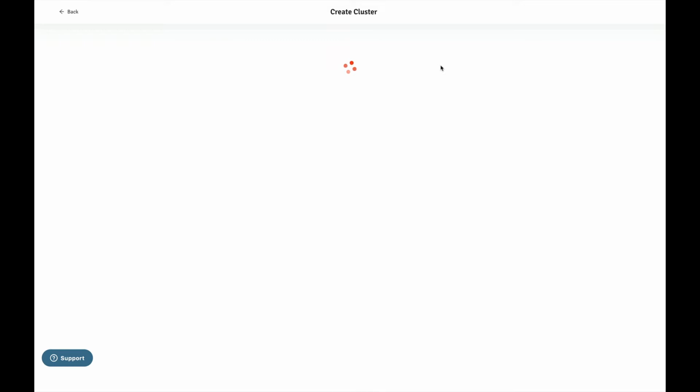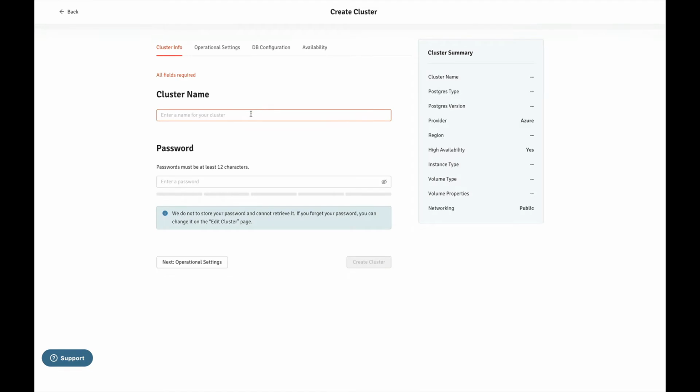It will ask for the cluster name. Here you can provide the cluster name of your choice. I am providing it with pgadmin 4 Starlight demo. You will have to provide the password which must be at least 12 characters.